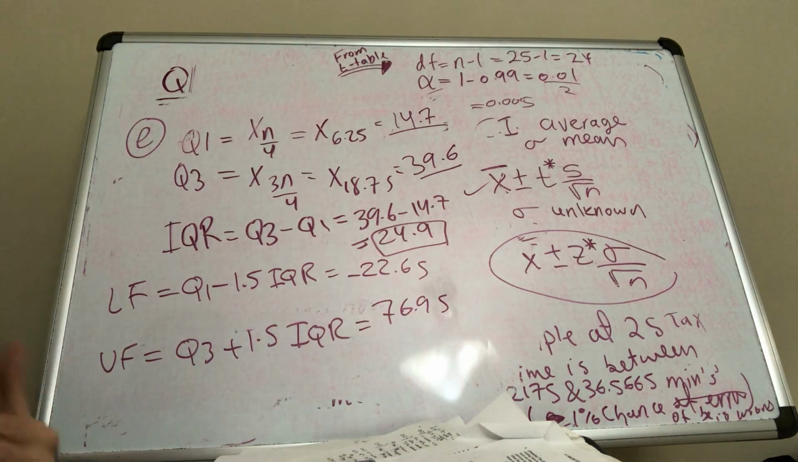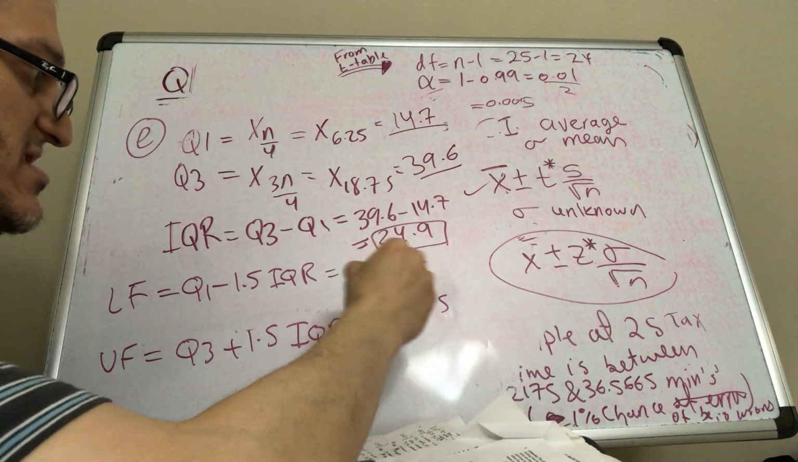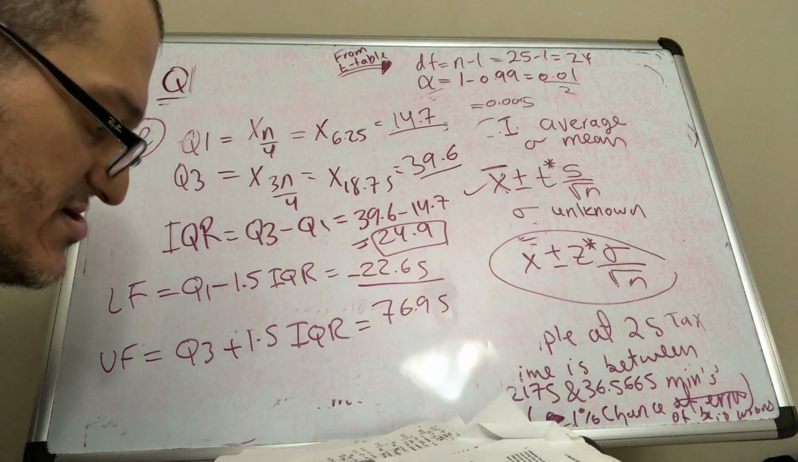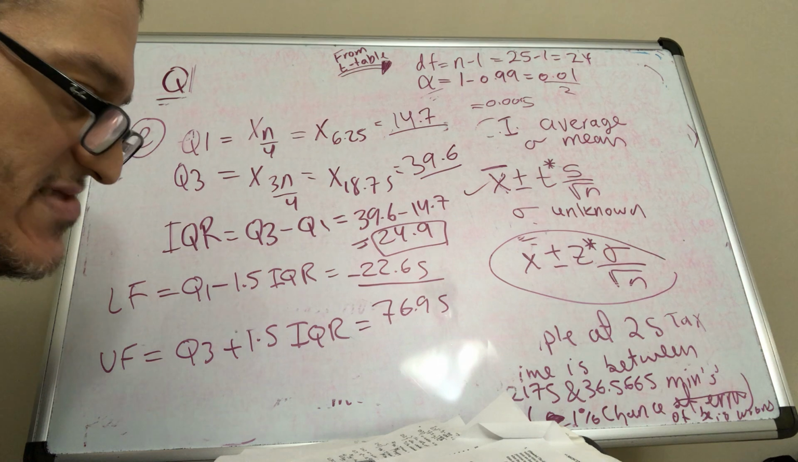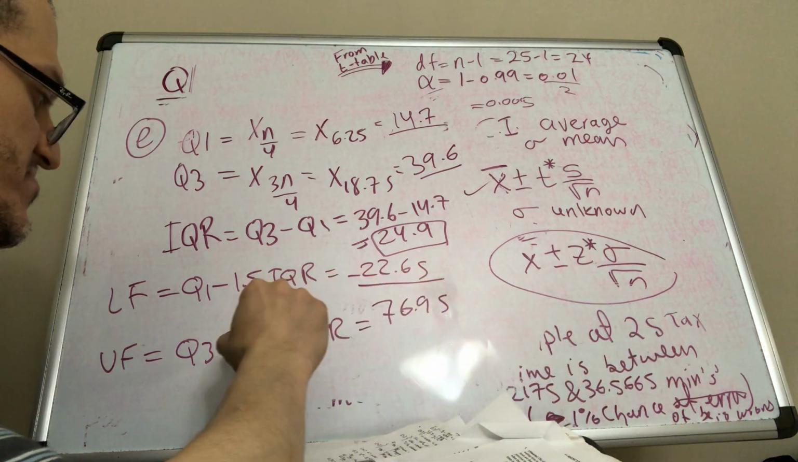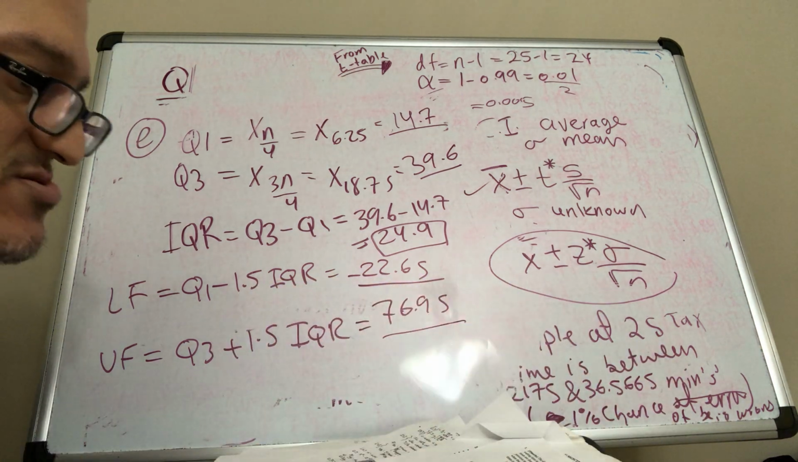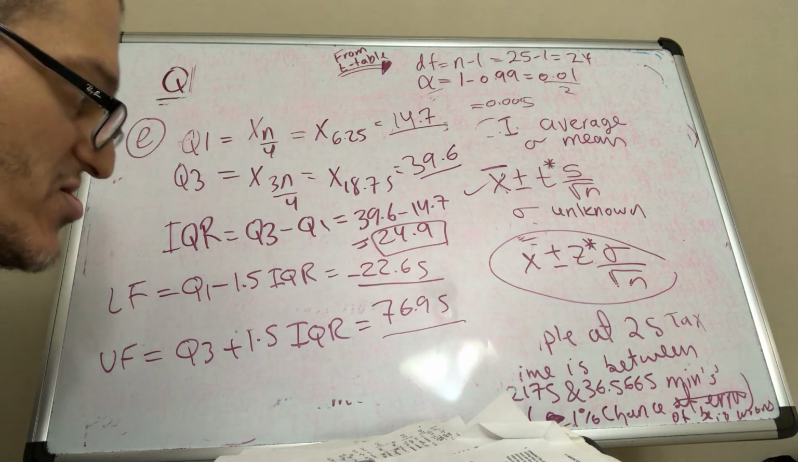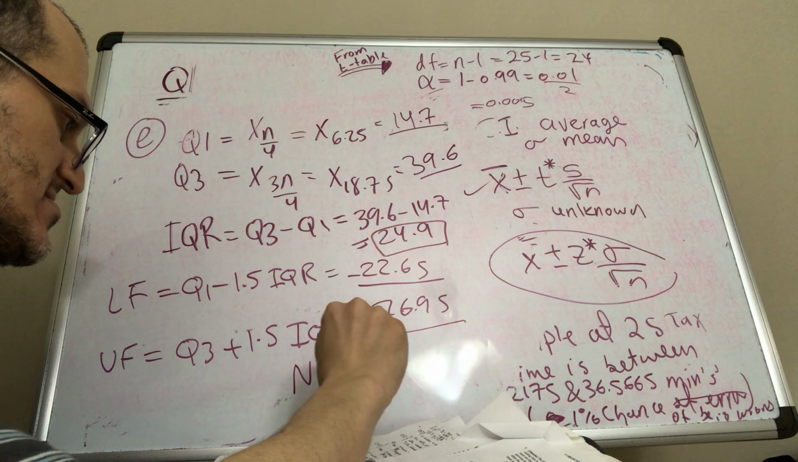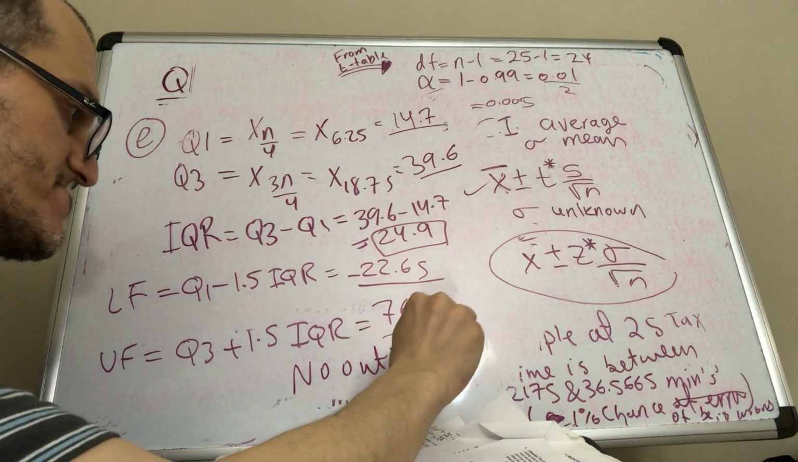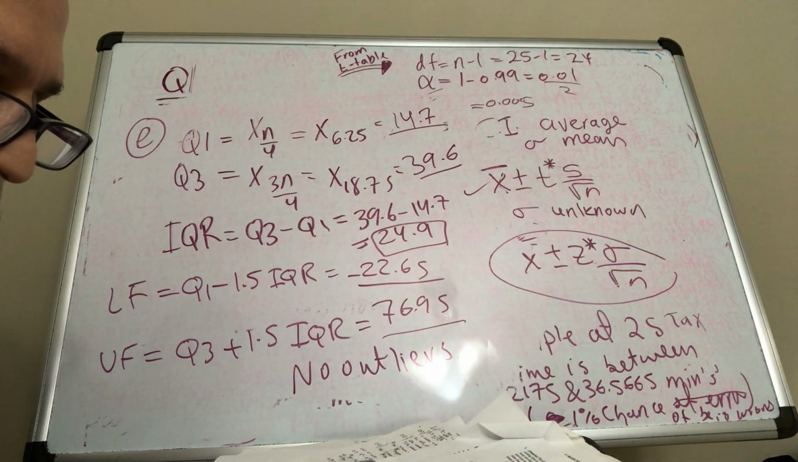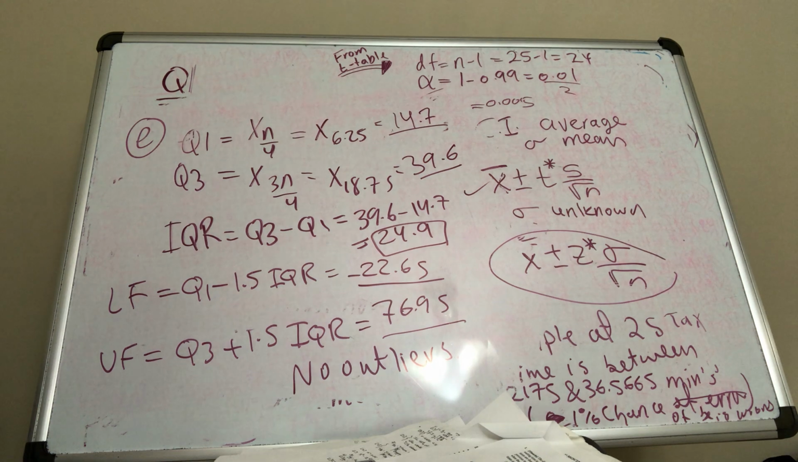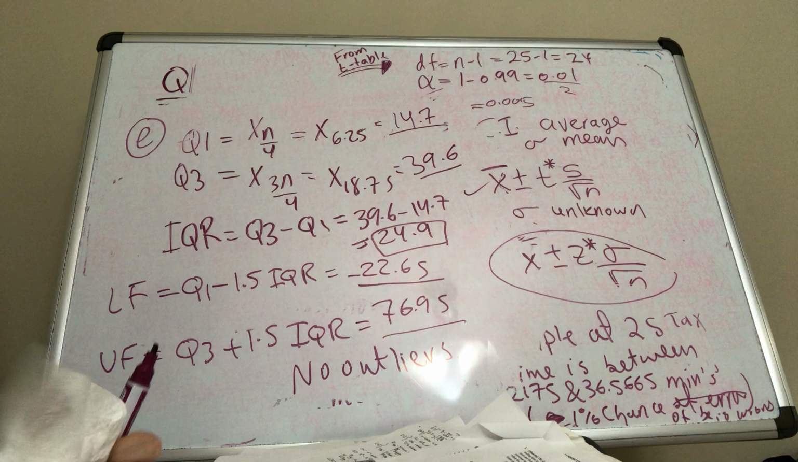To have outliers, we must be less than minus 22.65. We don't have anything less. To be an upper outlier, we need to be more than 76.95. We don't have anything more. So no outliers. Nothing more, nothing less. Good. Another way of doing this,